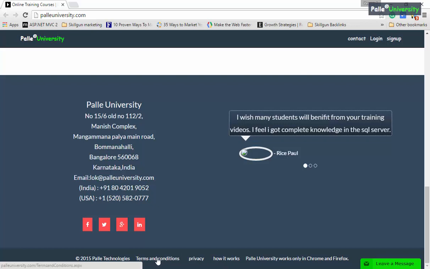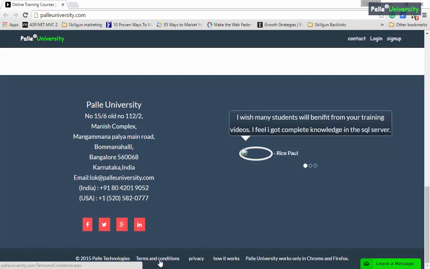When I place the cursor on top of terms and conditions, just before it in the left hand side, you can clearly observe the destination page name. So what is the destination page name? palleuniversity.com/termsandconditions.aspx. You don't need to bother about what that ASPX is. That we will understand later. In case you are studying our ASP.NET course, you will understand what that ASP.NET or ASPX page means.